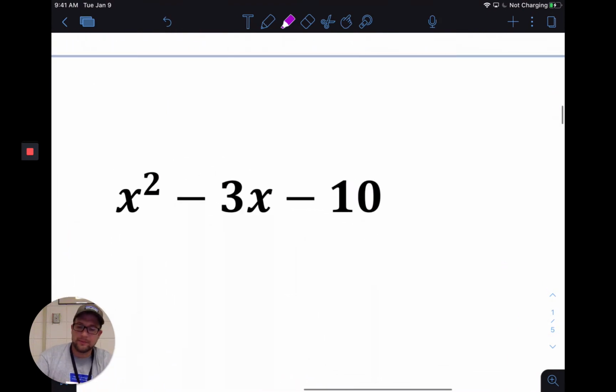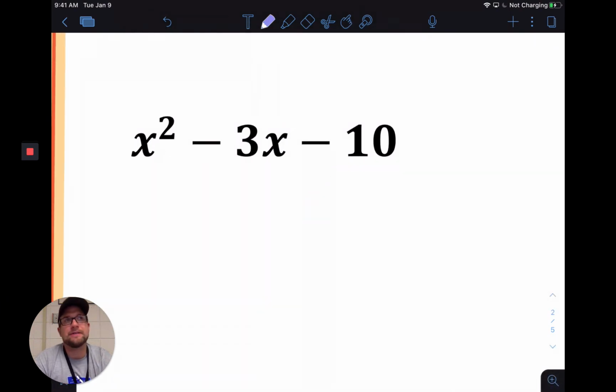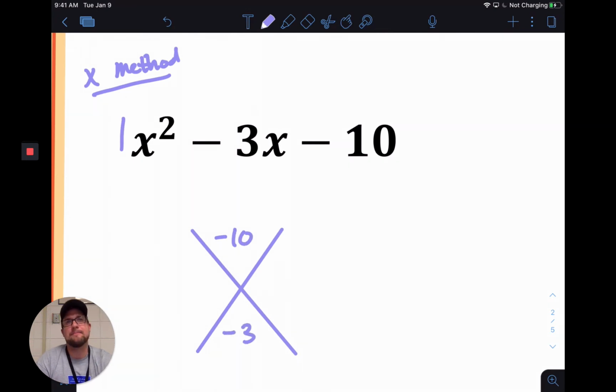Taking a look at another problem here. On this problem, we have x squared minus 3x minus 10. Again, this is a great problem for an X method because that a term is equal to 1. I'll have negative 10 here. You got to make sure you grab those signs every time. Two numbers that make this work, again, please feel free to stop the video and just see if you can come up with those. Those two numbers will be -5 and a +2,